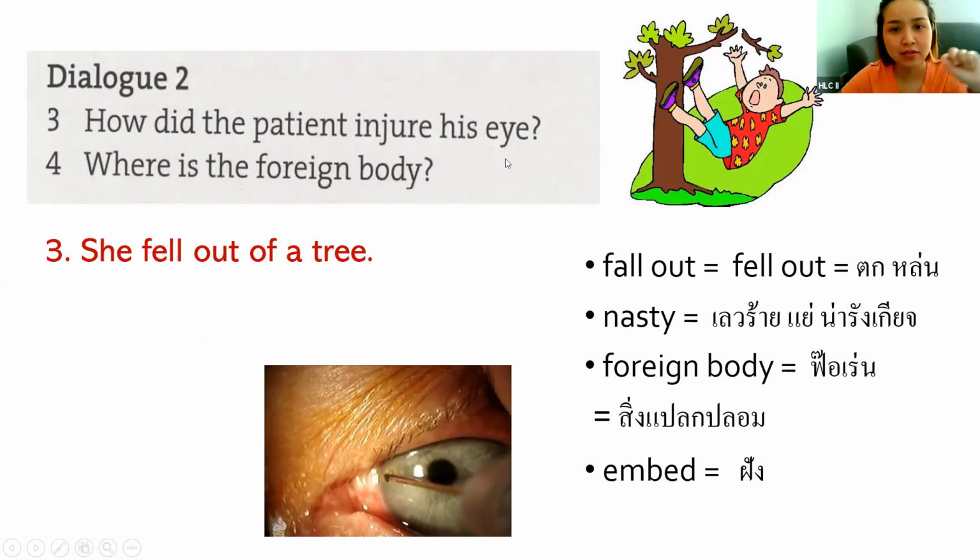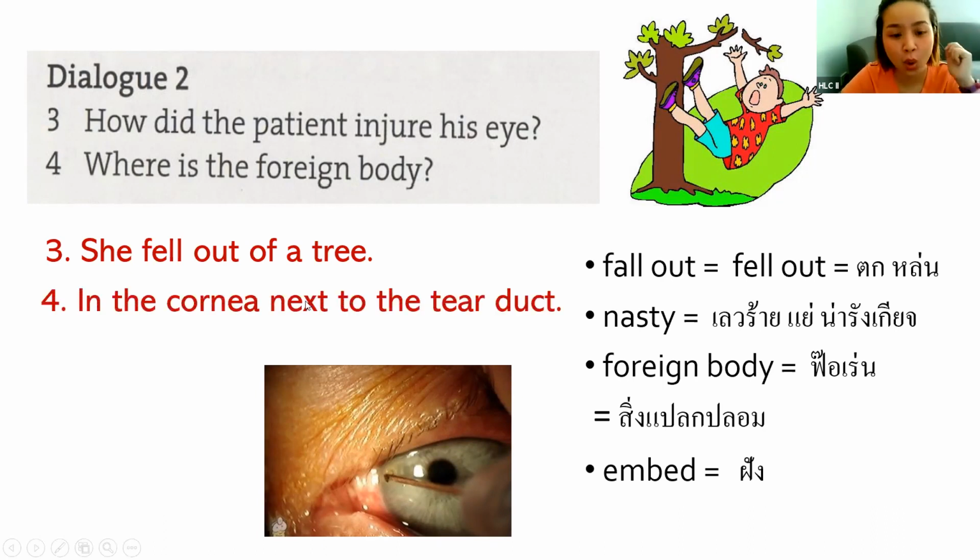Number 4, where is the foreign body? It's again foreign body. You can say it either way, depending on what you like. British people tend to say it one way, Americans another. So where is the foreign body? It's in the cornea next to the tear duct. ก็คืออยู่ที่คอเนียนะคะอยู่ถัดจากtear duct ก็คือท่อน้ำตา